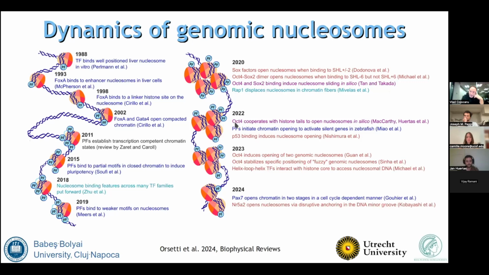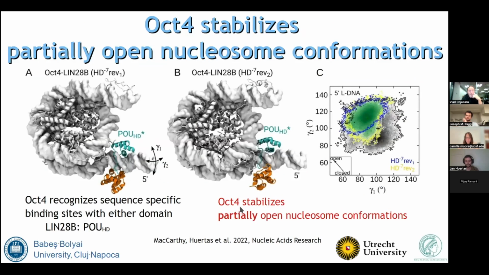And actually, our main publication describing how OCT4 opens nucleosomes was the first atomistic simulation of this kind of motion. And then you see all the other structures that started to pile up in recent years. To make a long story short, in this already published work, we looked at OCT4 binding to two different nucleosomes. On one of them, we saw that OCT4 stabilizes a partially open conformation of the nucleosome. You see there is no sampling of the closed nucleosome